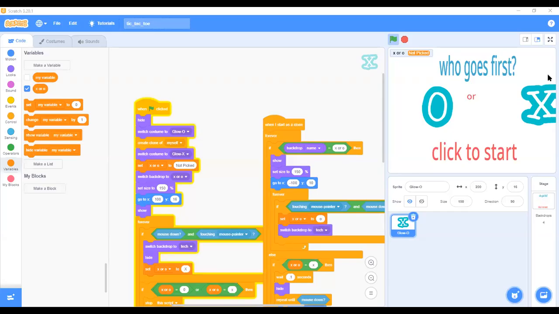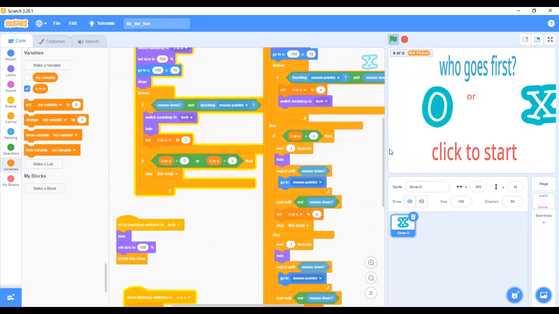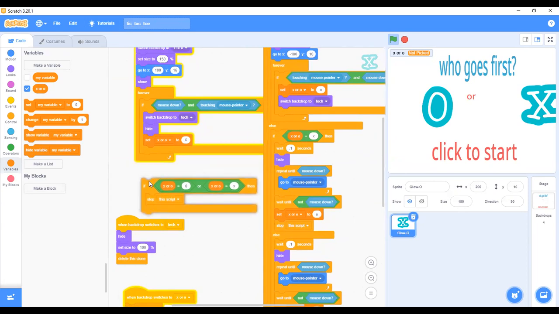So now, here, this is my mouse. Mouse down is telling this guy, if I click on you, what should be the next action? What should happen next? So the next action is what I have here inside this forever. Now my own forever looks a little bit complex.